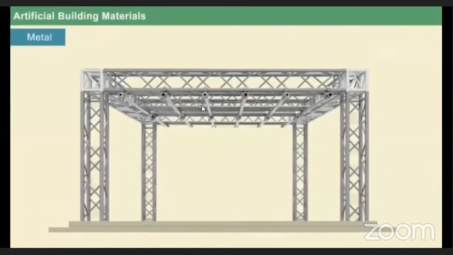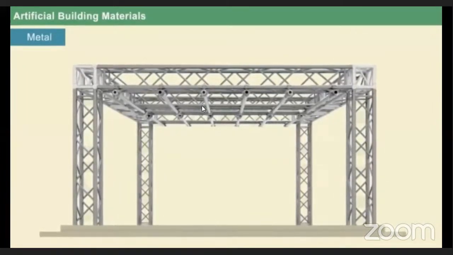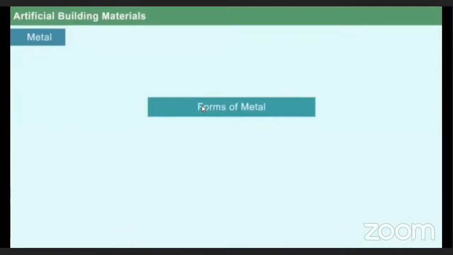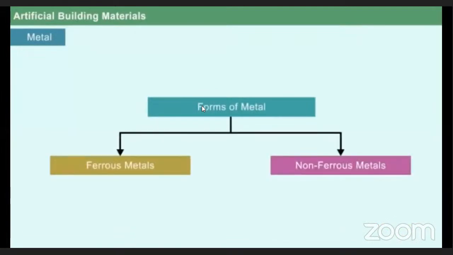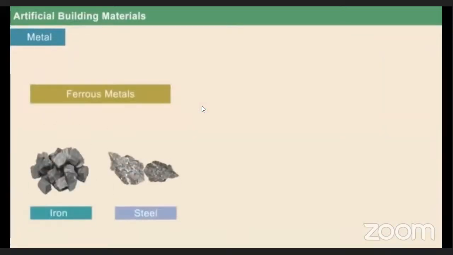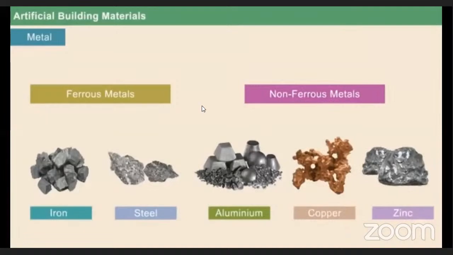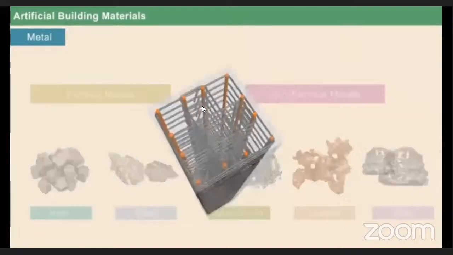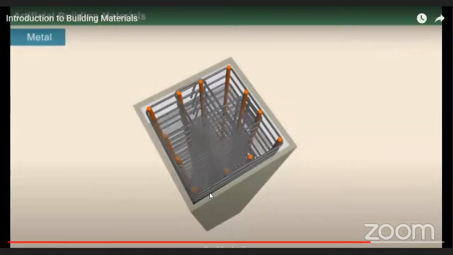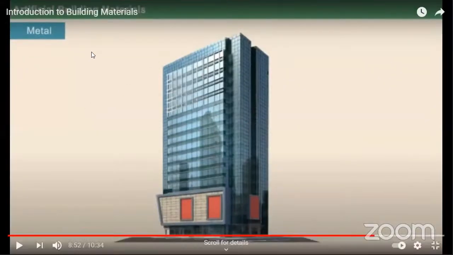Metal. One of the important backbones of all construction products is metal and its sub-products. Metal is used as a construction material in two forms: ferrous metals and non-ferrous metals. Ferrous metals consist of iron and steel, while non-ferrous metals consist of aluminium, copper, and zinc. The most generic example is steel rods, which are commonly used in reinforced cement concrete. Aluminium is used along with glass in facade type of construction,